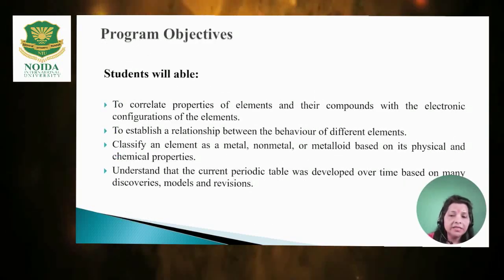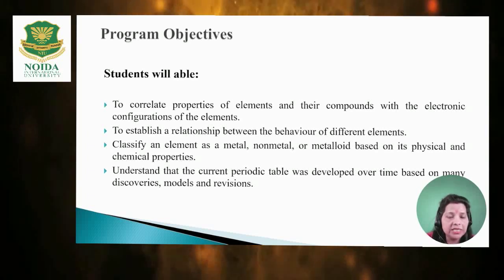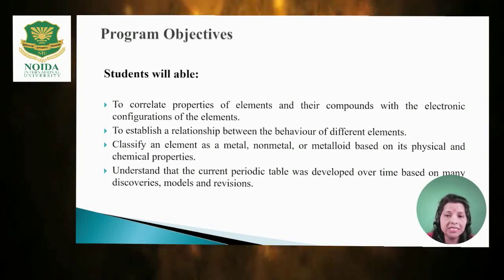Now, the program objectives of this course are: after doing this, the student will be able to correlate the properties of elements and their compounds with their electronic configuration. Second, the student will be able to establish a relationship between the behavior of different elements. Again, the student will be able to classify an element, whether it's a metal, non-metal or metalloid, based on its